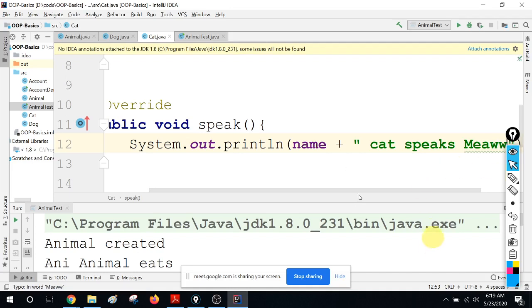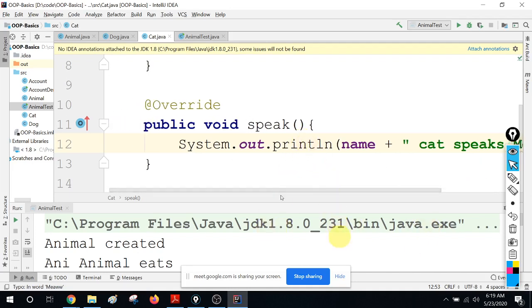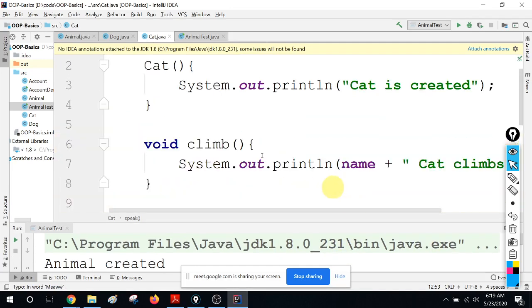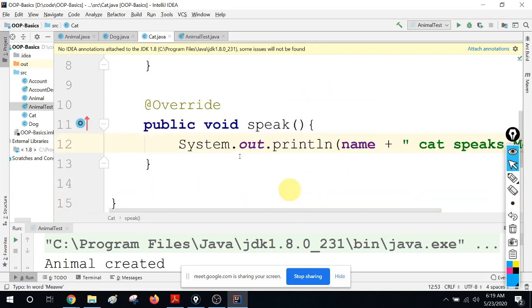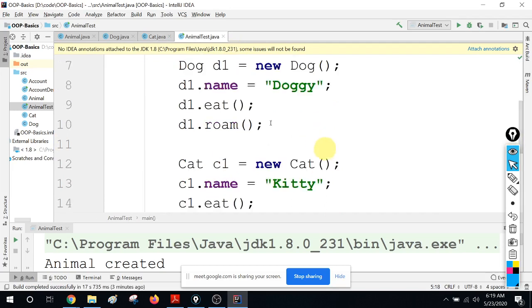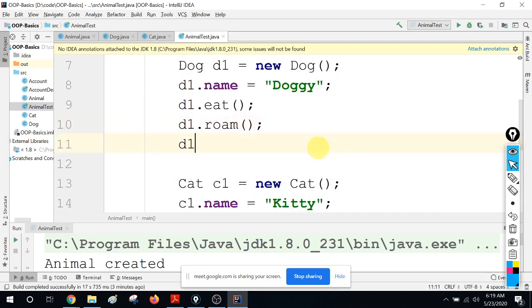Right. So what are the things that a subclass can do? The subclass can, of course, inherit the attributes and behaviors. We can add new features and we can override the features from the superclass also. So those are the things that we can do in a subclass. Okay. So now my dog d1 dot